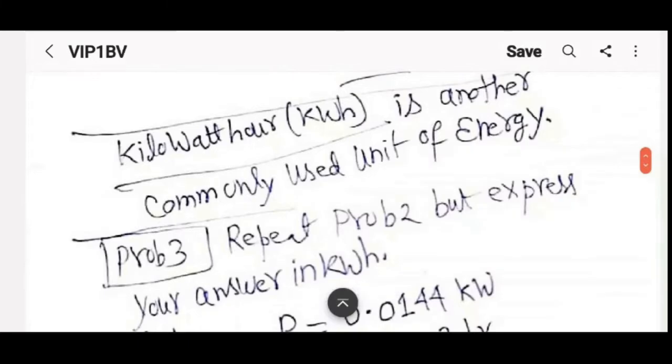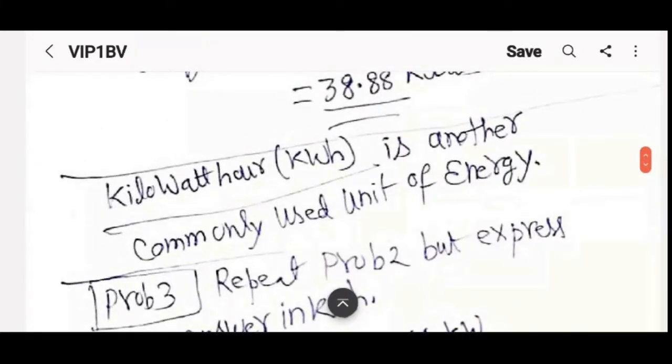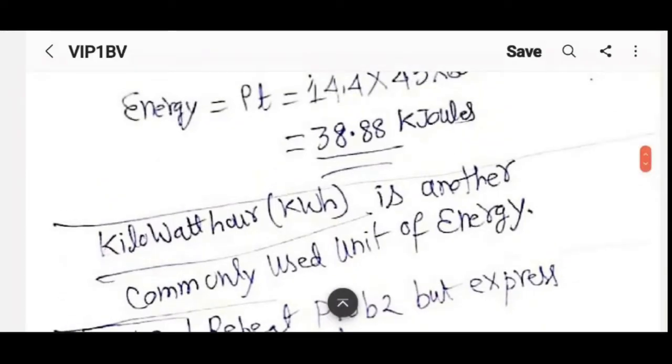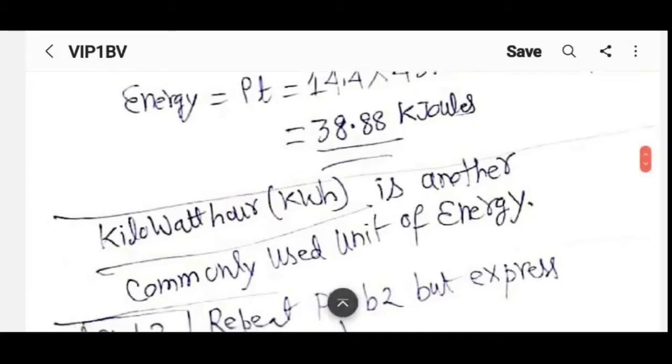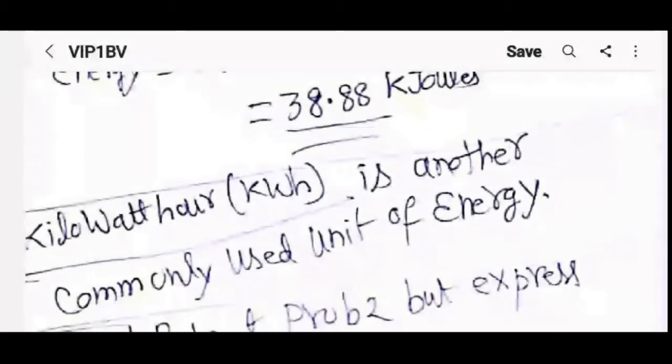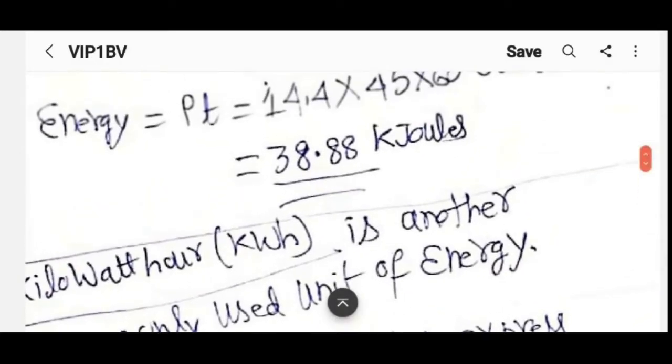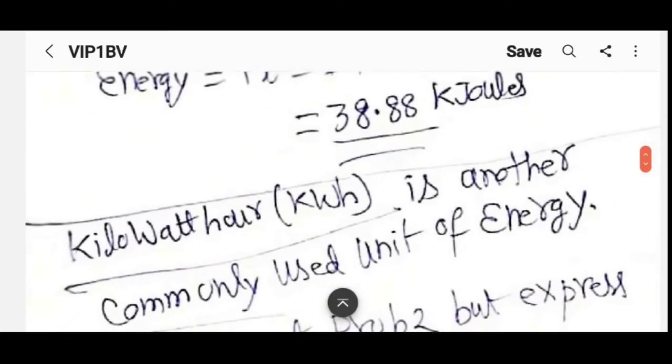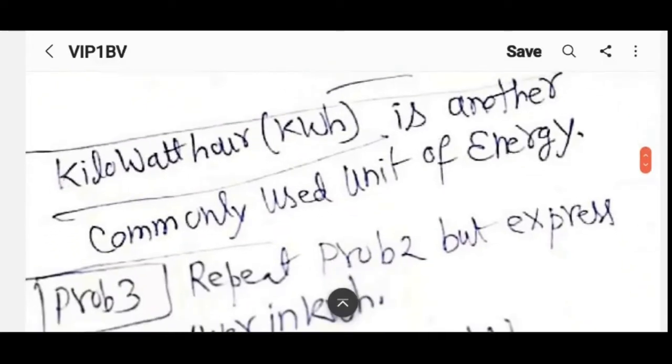Next, energy is measured in a unit called kilowatt hour, kWh. This is the unit that electricity boards use in determining how much money they should charge you. When they say unit, they mean kilowatt hour. So we'll come to this unit again and again as we proceed.